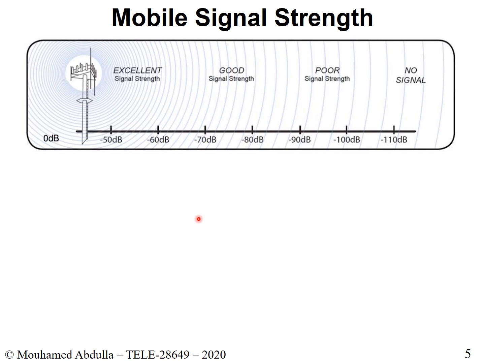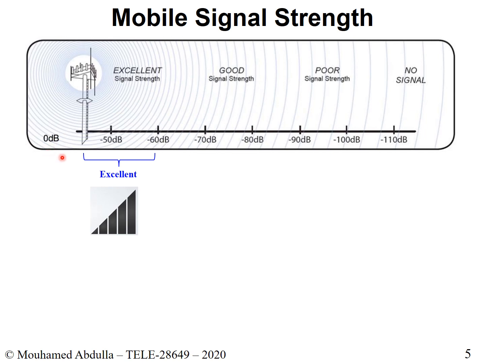And as you can imagine, the farther away you go from the base station, from the eNodeB, the less the quality of your signal. Right? Your signal becomes worse and worse. It becomes poor quality up to an extent where you have no signal. So let's even see it more precisely.